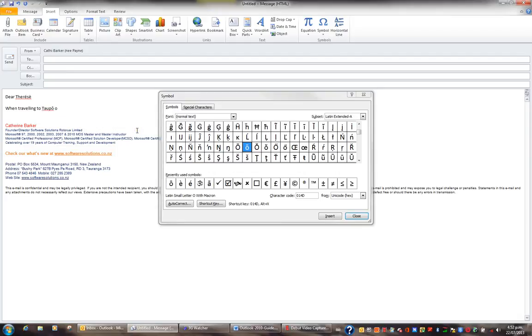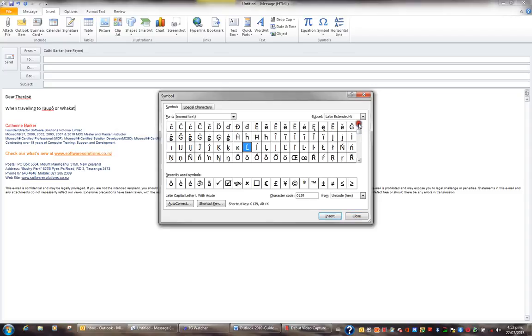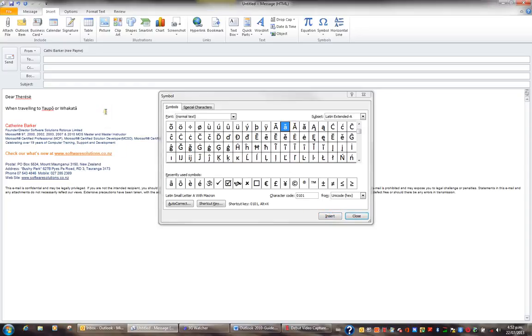I might then type or Whakatāne. Now the A I need here also has a line above it, so I'm coming back to my Insert Symbol window and I'm looking for an A with a line above it. And here it is here, so I'll insert that character. And then I can click in the background and continue the spelling of Whakatāne. When travelling to Taupō or Whakatāne, it's important